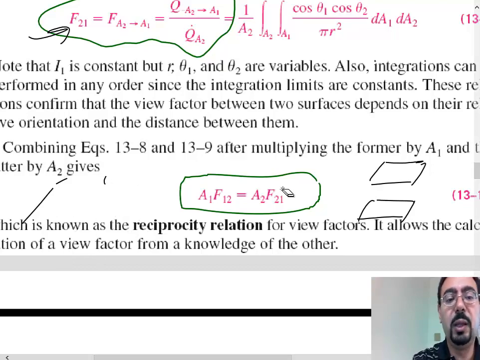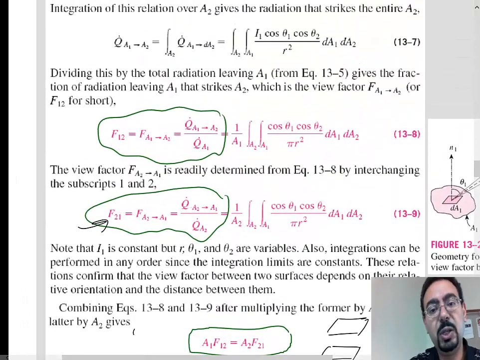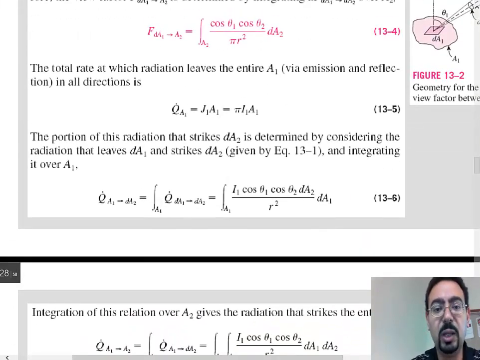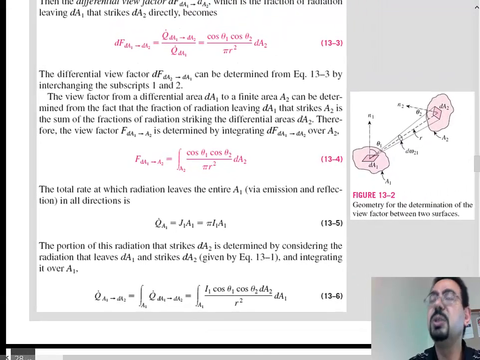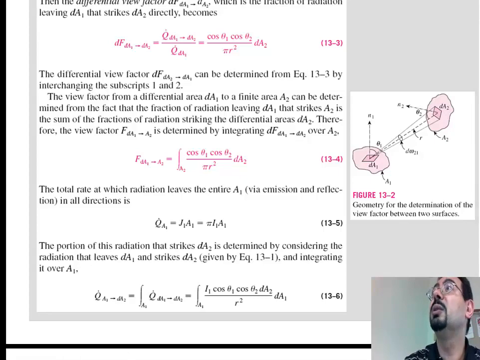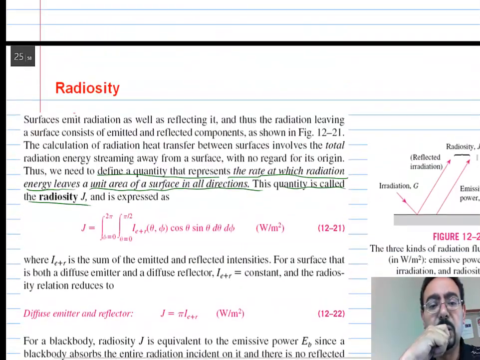So the proof again is on these 3 pages, and it's all geometry, and he is basically just trying to figure out how much Q is leaving 1 and going to 2, and how much Q is leaving 2 and going to 1. All right? So now,